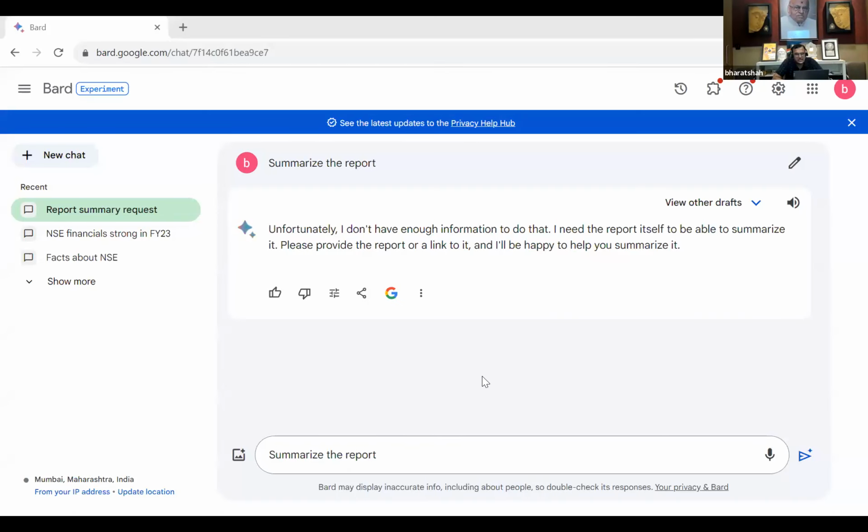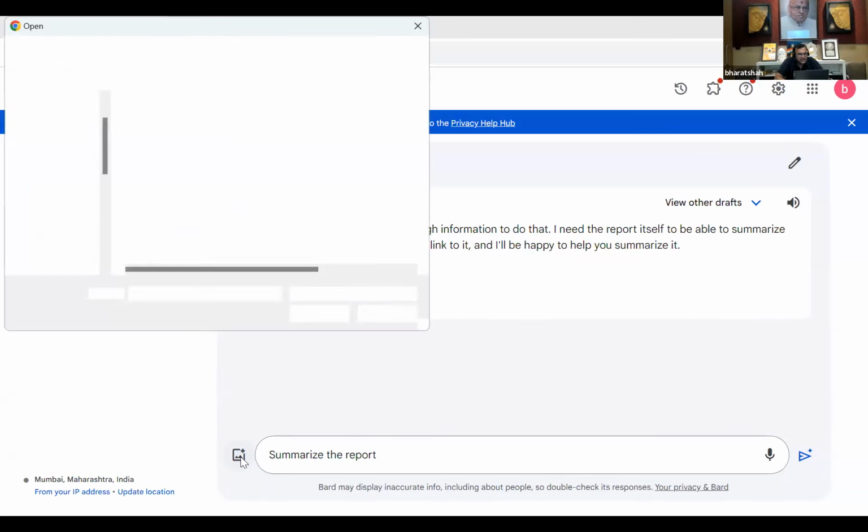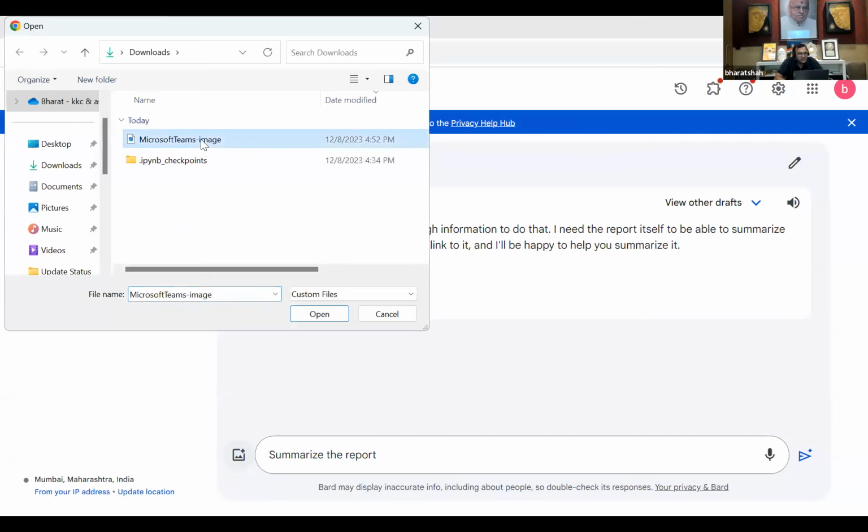Why? One is that it's free. The ChatGPT 4 version would be better, but from a ChatGPT 3.5 perspective, the data it's been trained on only goes up to around September 2022. So it is not trained with the new data, and Google Bard is being trained with the new data.